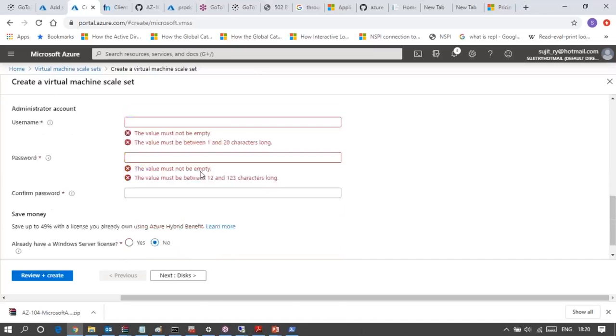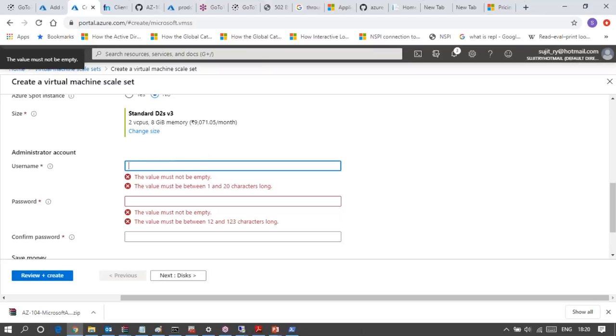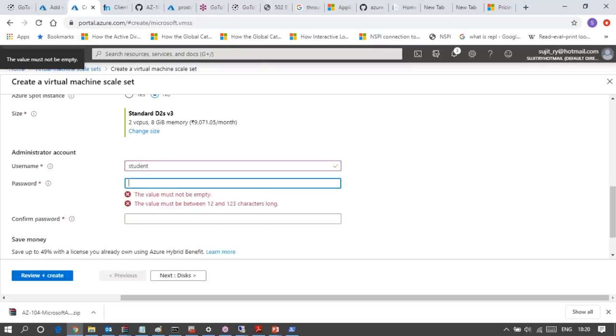And username, same as our normal VM, but there is some change that we will see soon.